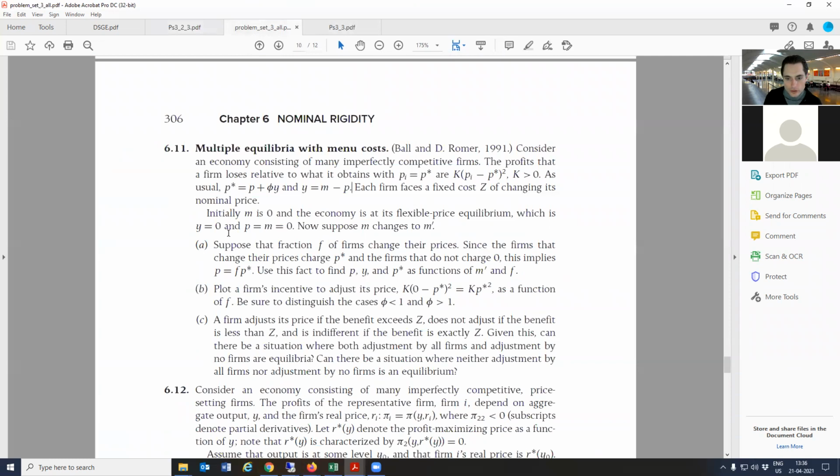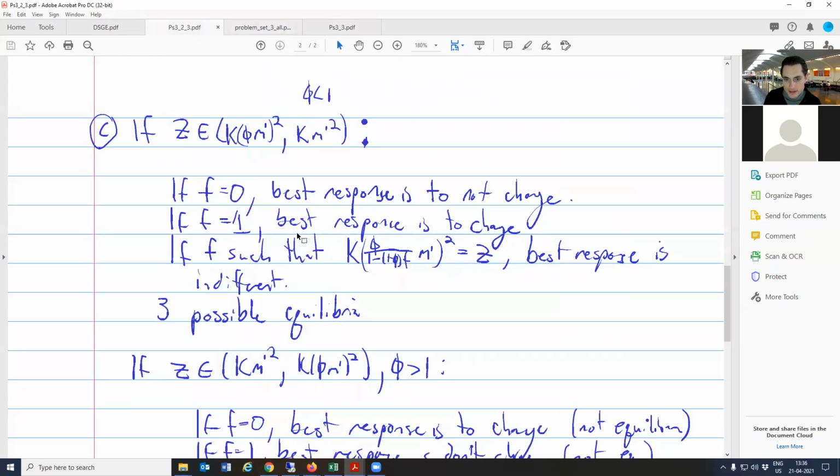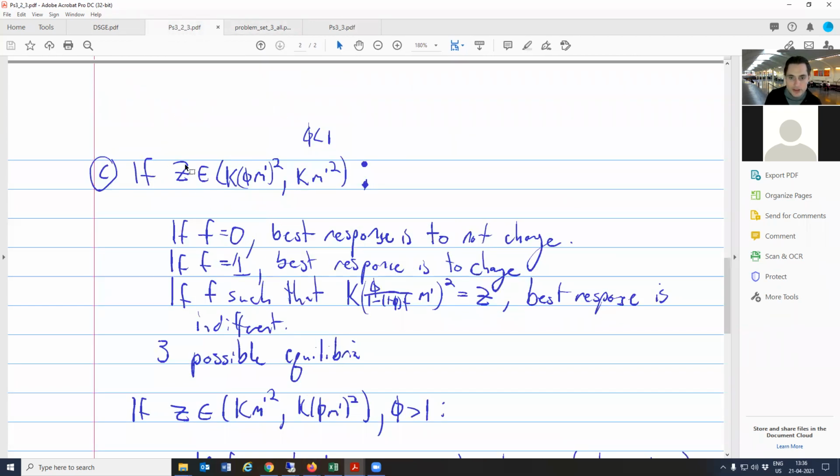Okay, so part C. A firm adjusts its price if the benefit exceeds Z, and it does not adjust if the benefit is less than Z, and it's indifferent if the benefit is exactly Z. Given this, can there be a situation where both adjustment by all firms and adjustment by no firms are equilibria? Can there be a situation where neither adjustment by all firms nor adjustment by no firms is an equilibrium? So we can just look at our graph kind of. So let's suppose that Z is in between, well,